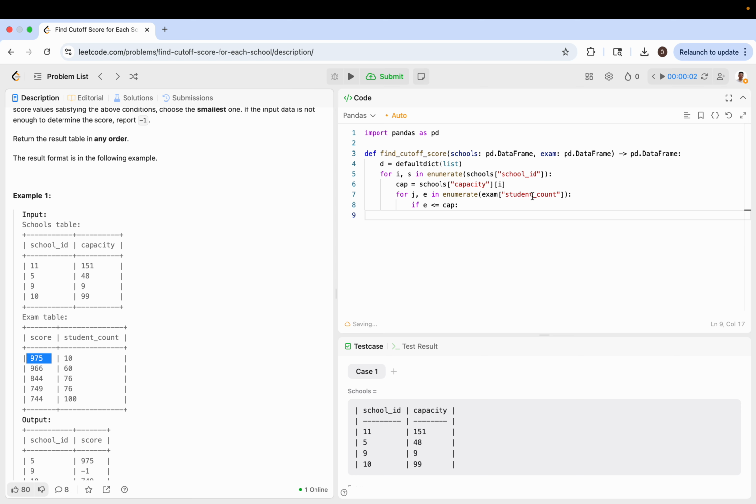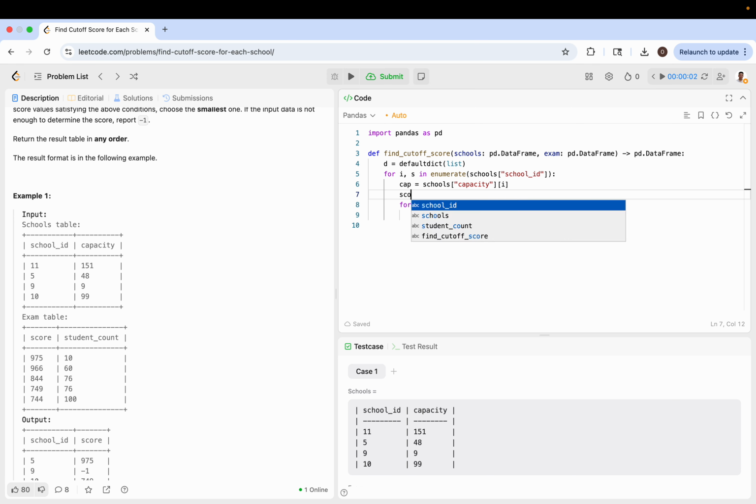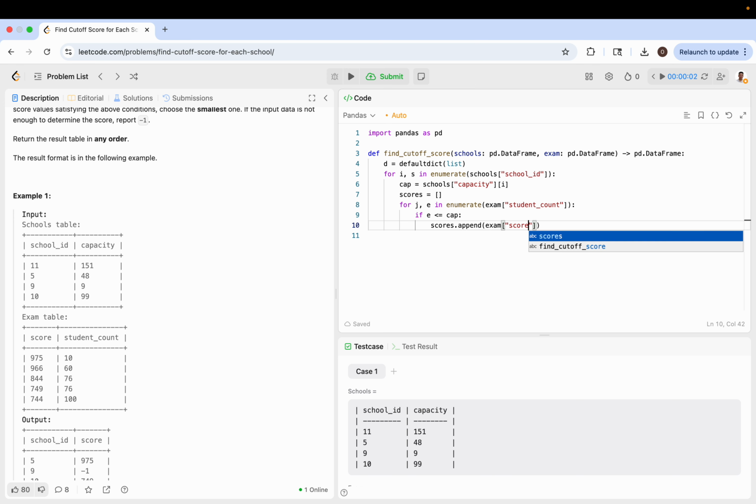Then we can look at the score. So let's call this scores. In that case, scores dot append the actual exam scores score of i. Okay, and then we're going to sort scores, and we're going to look at the school ID